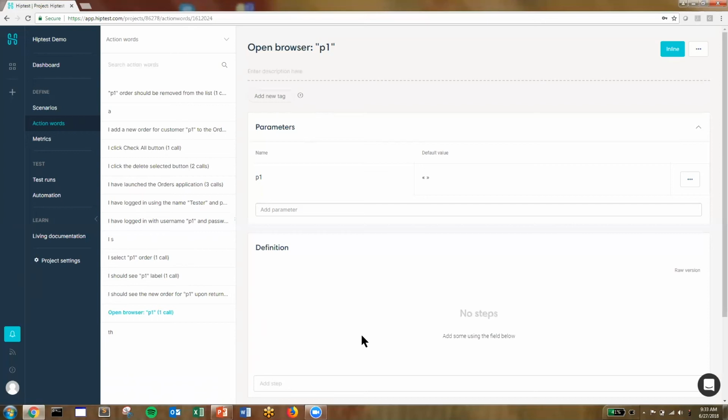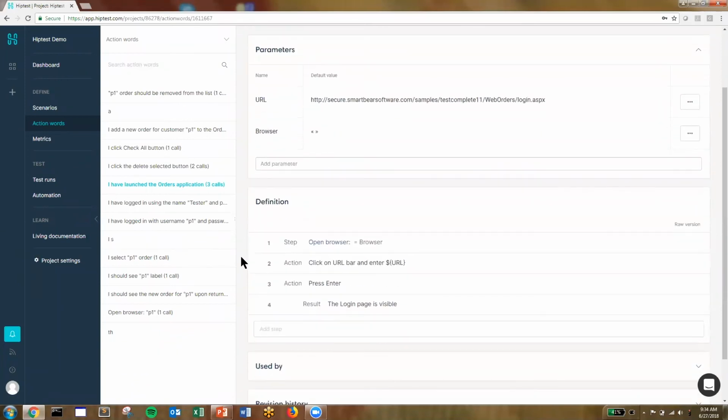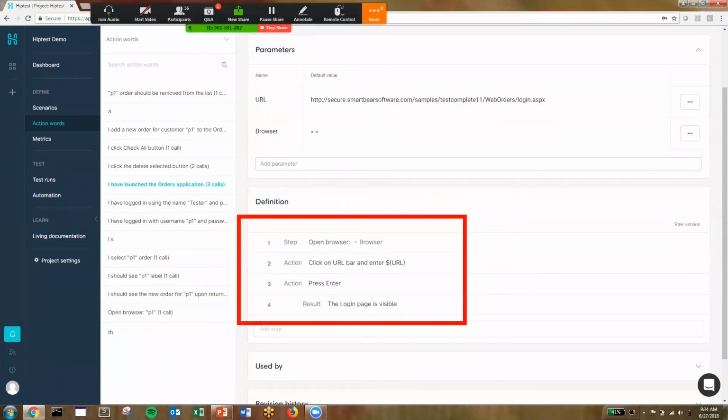So being modular is definitely a big focus of this. From there, these definitions can be reused, but you can also have multiple definitions of the same word. Like I have my phrase, I've launched the orders application, and I define it down here as such. But maybe I want to launch an orders application without opening a specific browser and clicking on a URL. Maybe my developer might not write the test code to reflect that. So if I want my developer or tester to build this out in a specific way, I can add even more specifications down here. It's all up to you and how specific or high level you want to be.